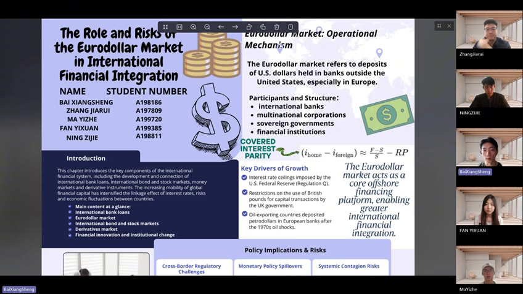Okay, the next part is part two: the operation, measurements, and significance of the Eurodollar market. First, the definition and origin. The Eurodollar market is a key financial innovation that enables US dollars to circulate outside the regulatory reach of the US. Banks outside of the US accept dollar deposits and lend them globally. These transactions occur beyond US borders and therefore are not subject to US rules such as reserve requirements or